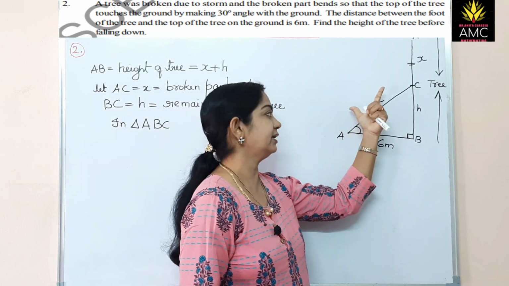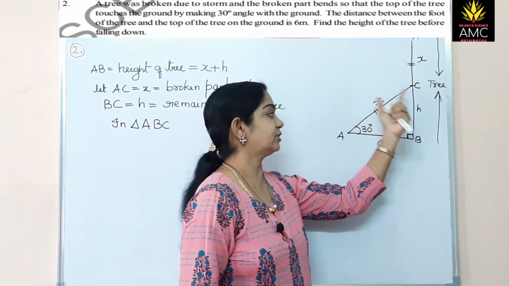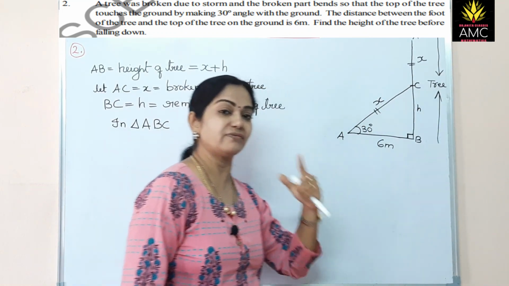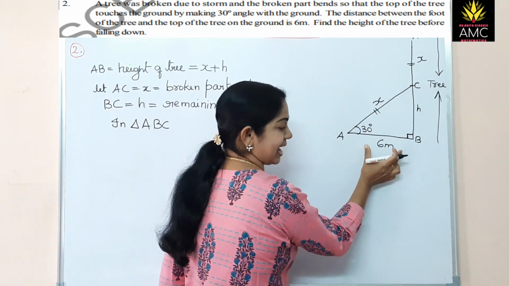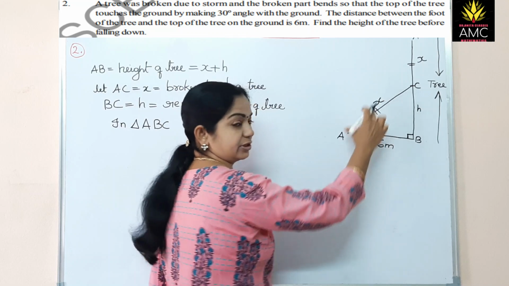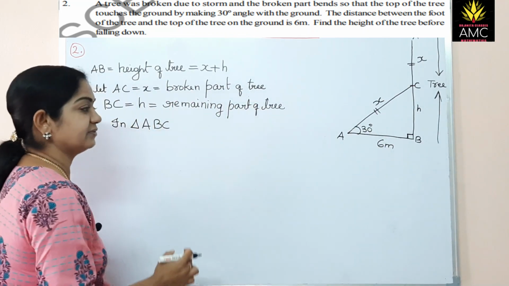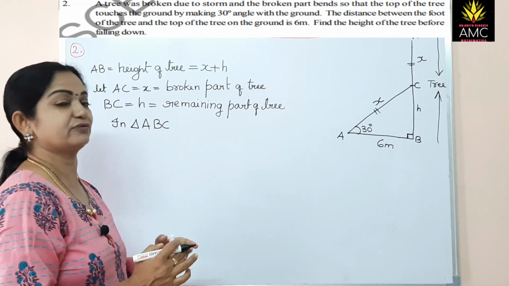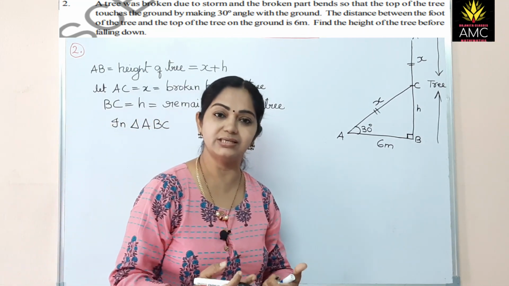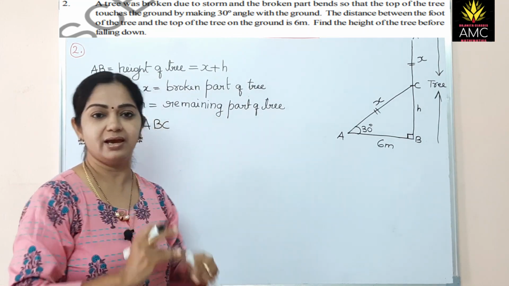Now we have to find the hypotenuse and the opposite side, so one after the other we will find out. If you want to find the hypotenuse, the given thing is adjacent, we need to find hypotenuse, and the angle is given. When adjacent and hypotenuse are considered, then we have to go for cos. Cos is a ratio between adjacent and the hypotenuse.